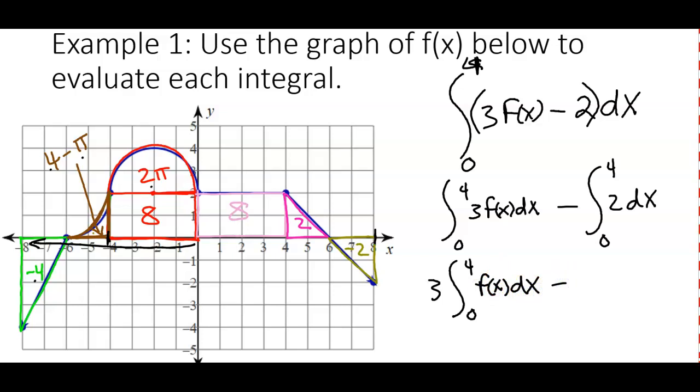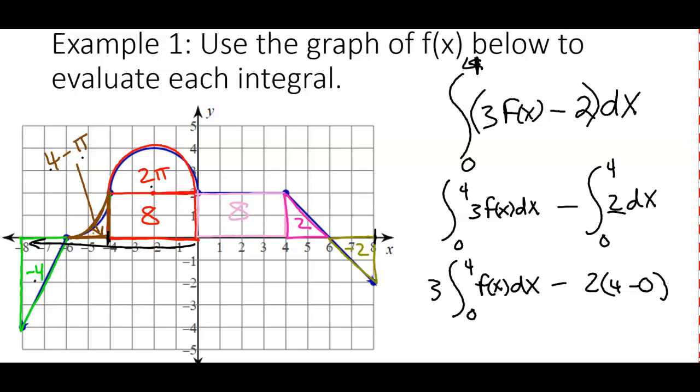And on that last one, since this is just a constant, I can apply that property 6, where this represents the height of a rectangle and 4 minus 0 represents the base. You guys tracking with me on that, okay? Remembering those properties from Tuesday? All right. So